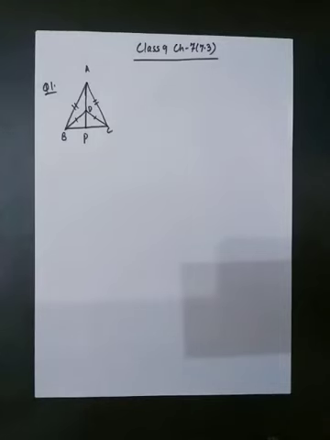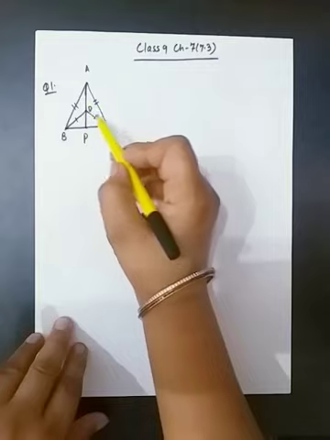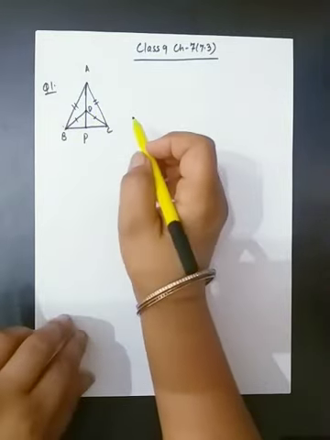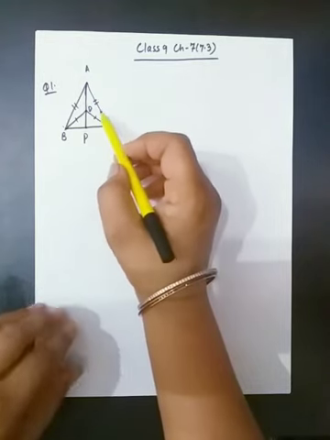Let us start question number 1 of exercise 7.3. The figure for the question is given. Triangle ABC and triangle DBC are two isosceles triangles. It means their opposite sides are equal, on the same base BC. Here the same base is BC and triangle BDC is isosceles. Triangle ABC is also an isosceles triangle. The vertices A and D are on the same side of BC.